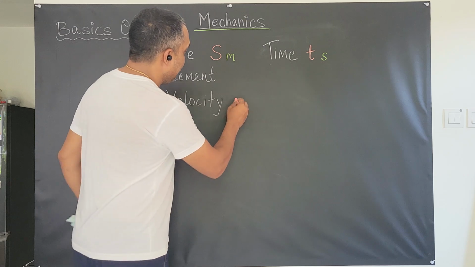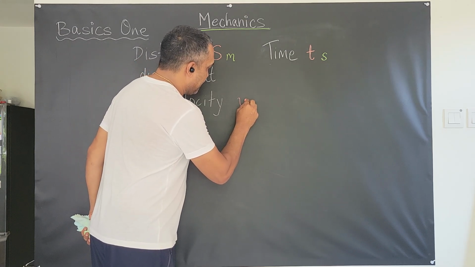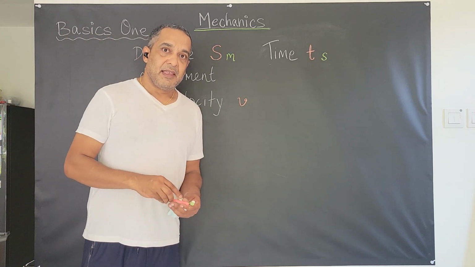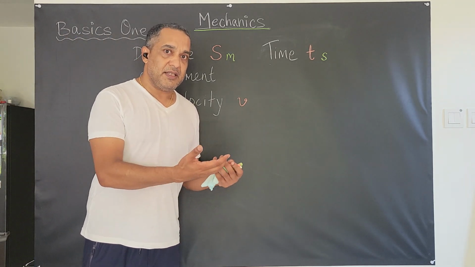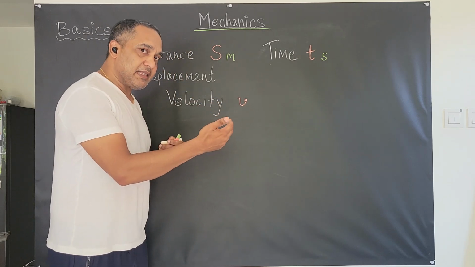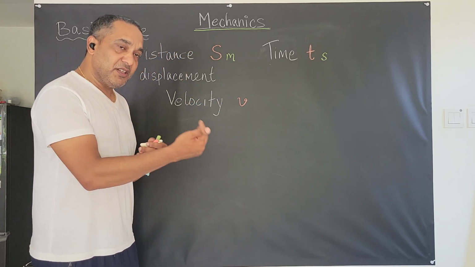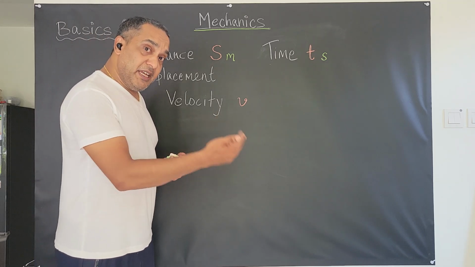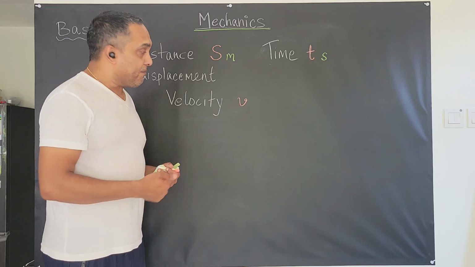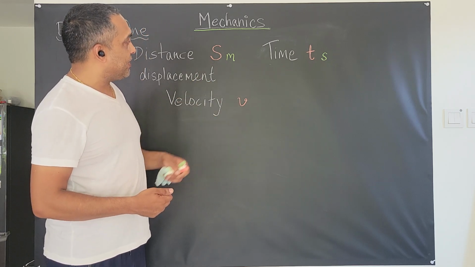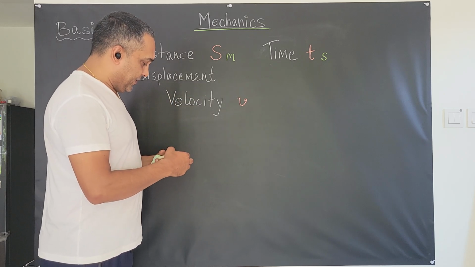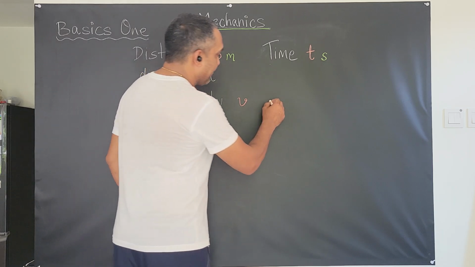We will use lowercase cursive v to represent velocity, and velocity is simply how much distance you travel, or what distance has passed in the time that has passed. So it's the change in distance, if you're using absolute coordinates of distance, to the change in time. You could consider that as a first derivative of distance to time. But for simple problems, it would simply be